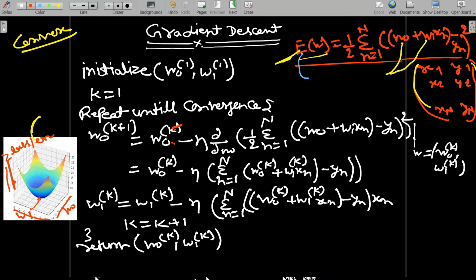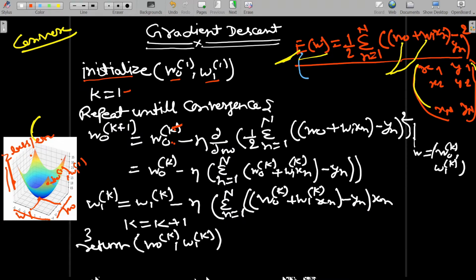So let's suppose this is the W0 W1, and this is W0. So this particular W0 and W1 we want to find out. How to find out this W0 W1? What it is saying is that initialize W0 and W1, the first point. So initialize it, take any point. Let's suppose I am taking here, you can take anywhere, here, here or here. I am taking from here, and this is our W0_1 and W1_1. So this is our point. K equal to 1 started.